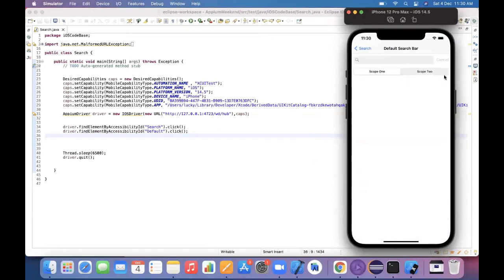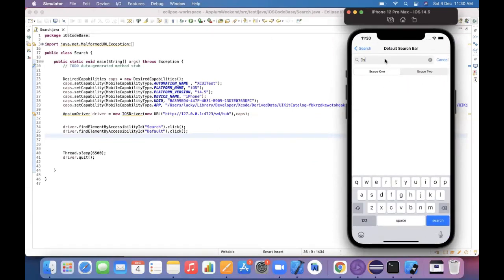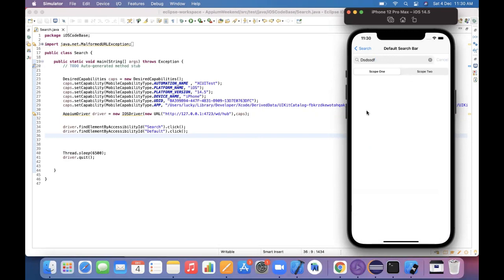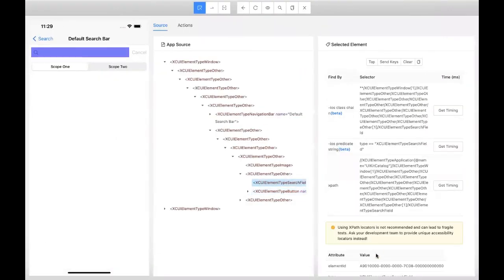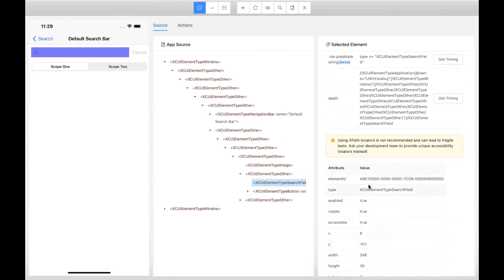By default, the cancel is in an invisible mode. So you need to click on this text field and enter some value, and later you can perform this cancel. Okay, that's fine. So now in order to do that, this is what a text field is, and it has a type